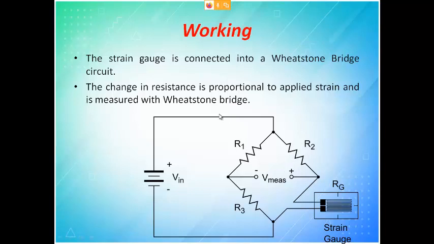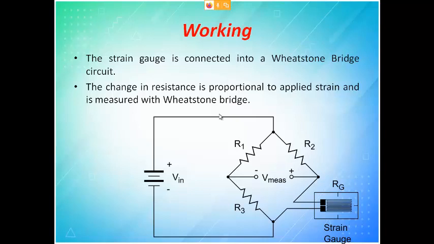We all know the Wheatstone bridge. A Wheatstone bridge will have 4 resistances, and we have 3 known resistances and 1 unknown resistance. So with the help of the 3 known resistances and with knowledge of the input voltage applied, you will measure the voltage across the unknown resistance. From that, we will identify the drop, and from that drop we will say what the resistance of the unknown is. So that is what the Wheatstone bridge is.